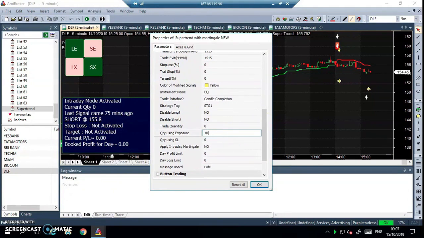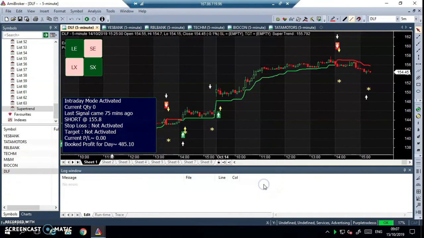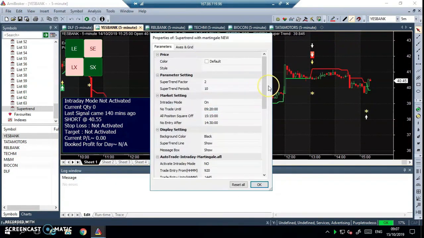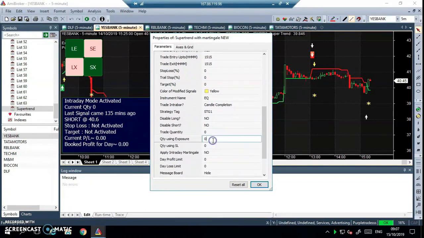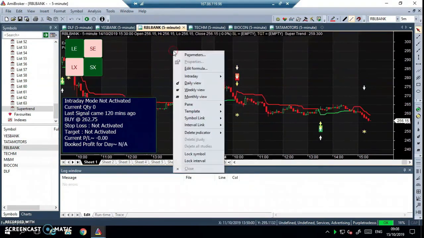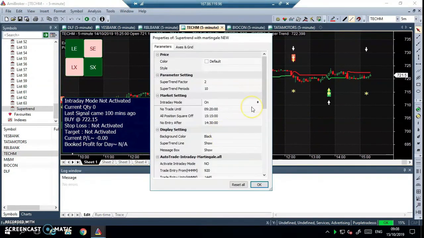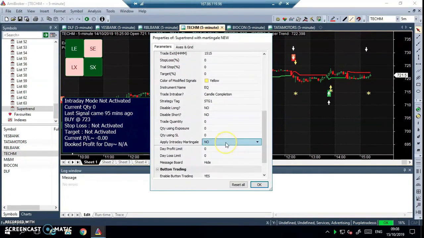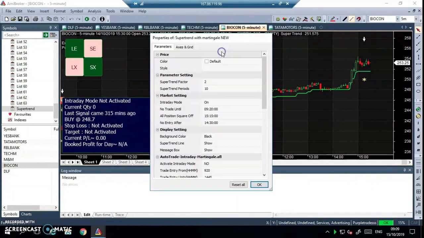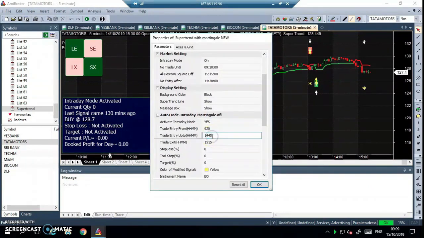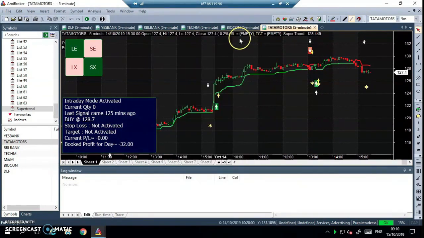So today I am trying to start my trading with, let us say, 10,000 rupees per stock. So I will be allocating 10,000 of exposure per stock. There are 6 to 7 stocks, so that means I am using collectively 60,000 rupees exposure to begin with, and slowly as the Martingale process rolls out, the exposure would increase or decrease. Alright, so I have done all the settings.